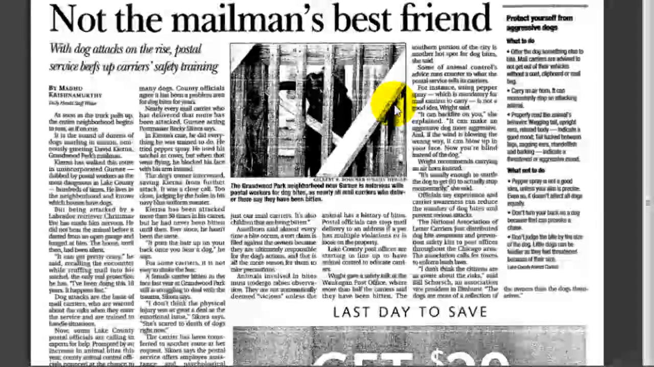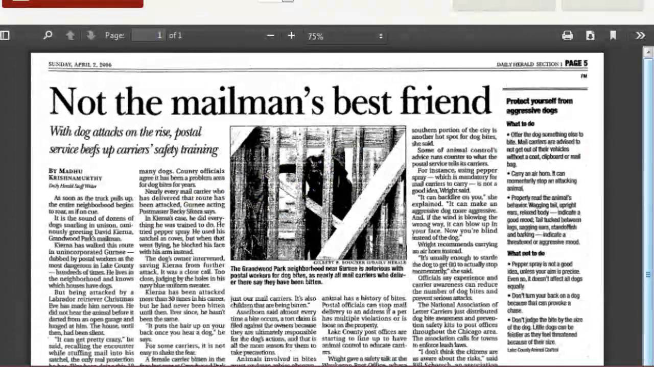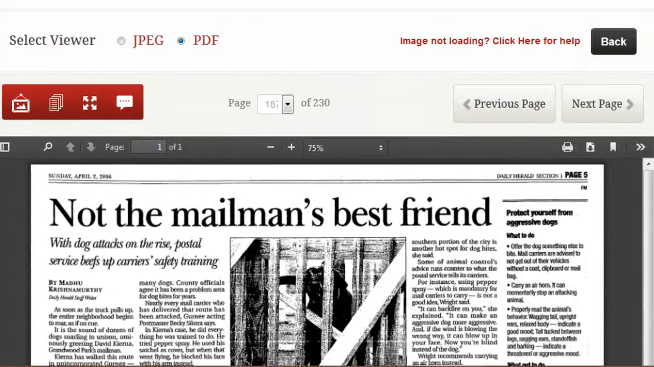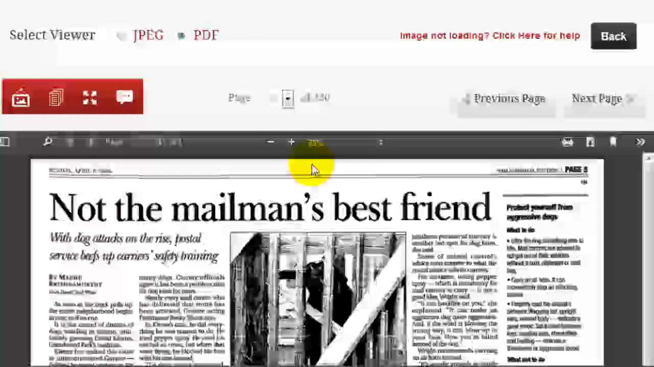And as you can see, it must have something to do with a mailman, which sort of sounds interesting. So this would be something I'd want to be able to read the newspaper article itself a little bit more. But I also want to note for you something, because right now, as you can see, the